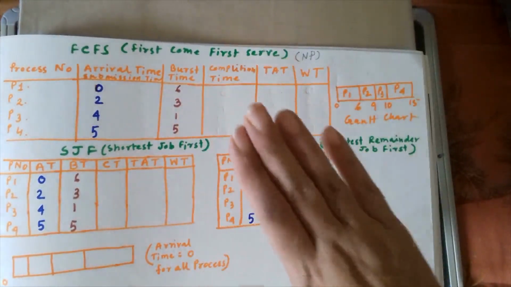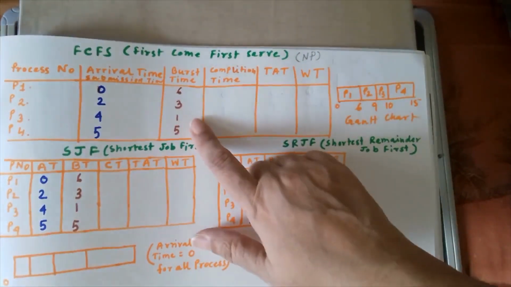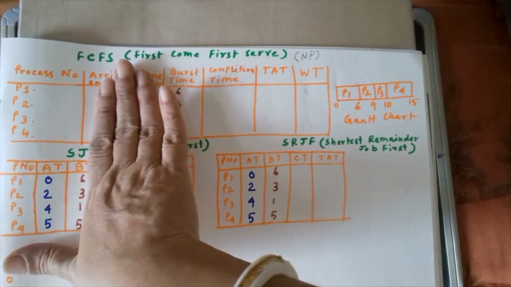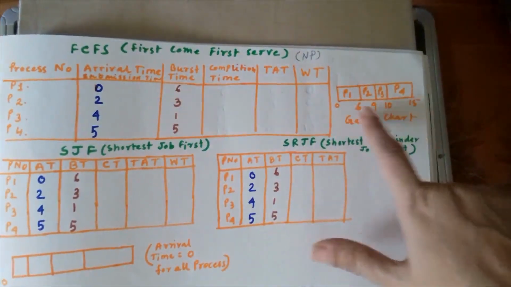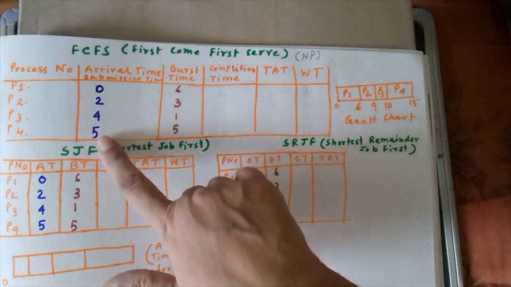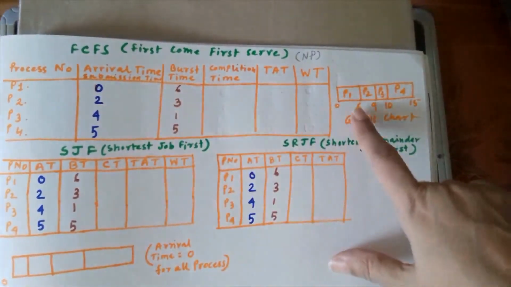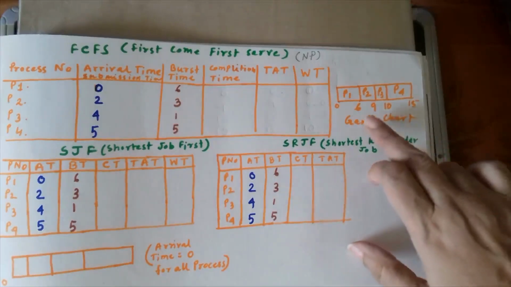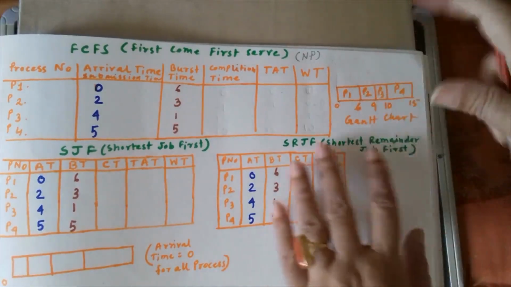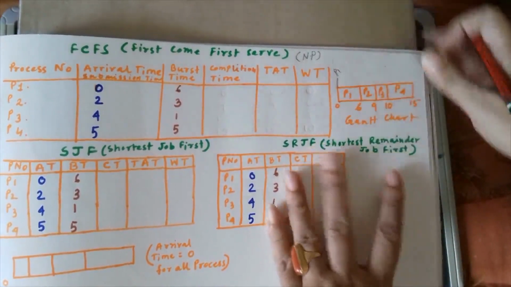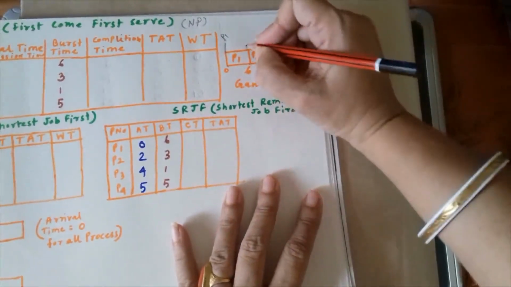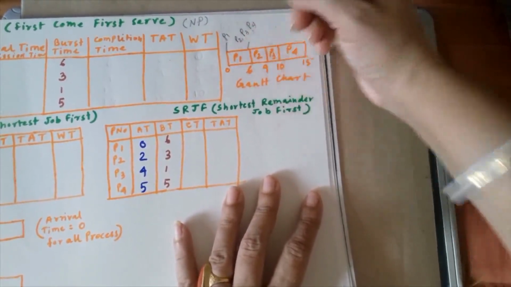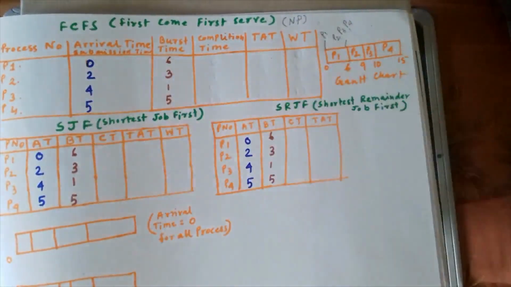The thing is, while doing the problem, you may get confused between arrival time and burst time. There is no consideration of arrival time while writing the chart. Arrival time is considered to know which processes are present at that instance of time. Up to 6 we had only process P1, but at that point of time all the processes P2, P3 and P4 are present in the system. So according to their order we could have taken them.